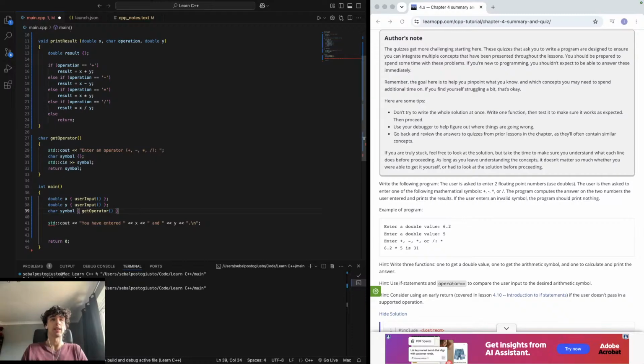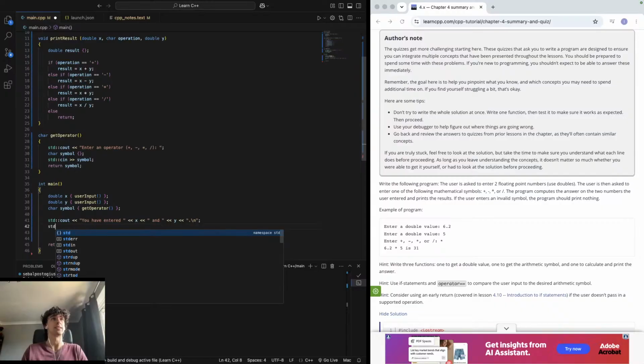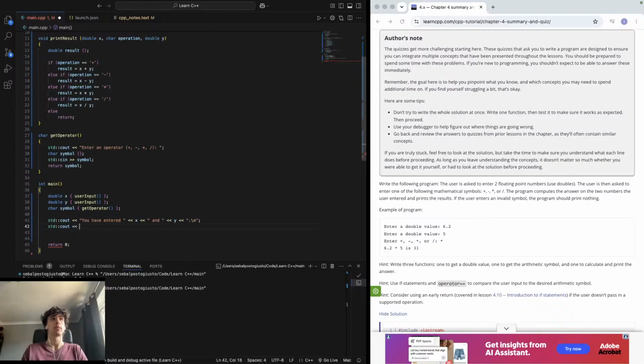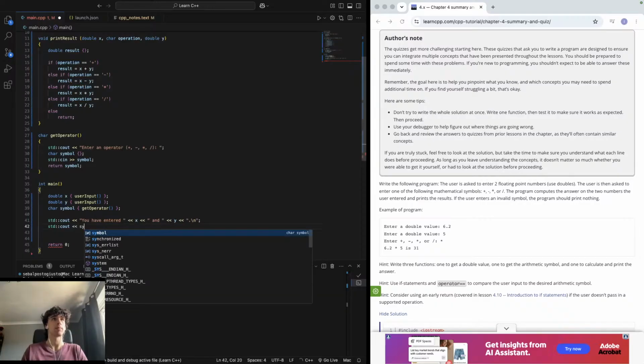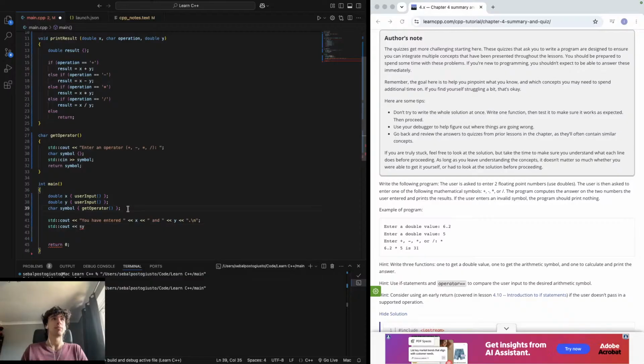Correct? And then we need a semicolon. You have entered the. So now what we'll do is std character output, symbol. Or to make the code better, can't we just get rid of that? Because char get operator is already a